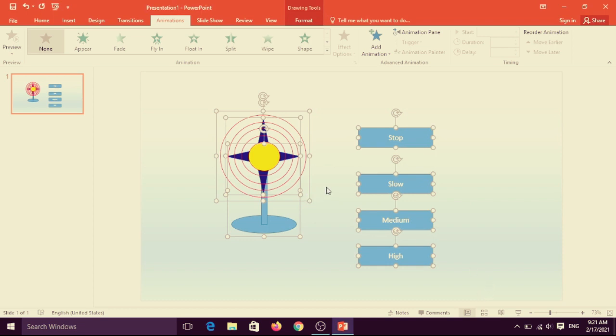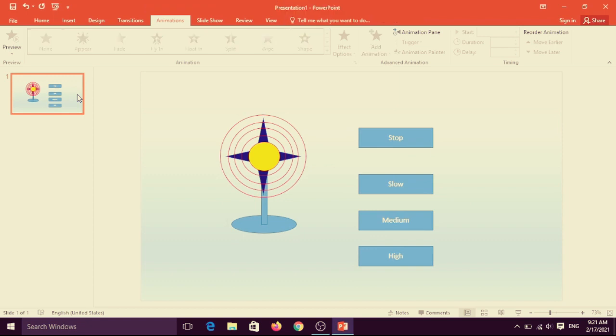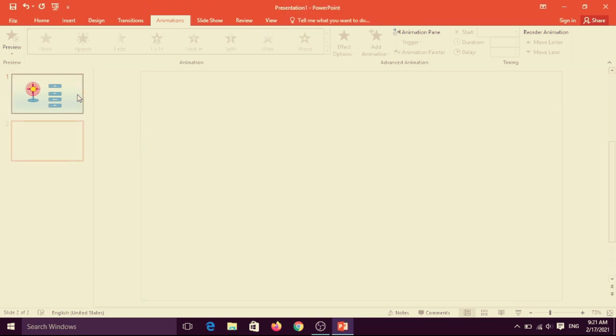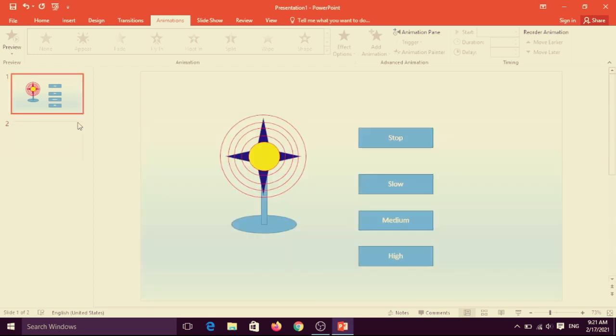Control C to copy, or press Control plus M to make a new slide. If you want the same or a duplicate, press Control D. The same will appear. It is Control D for the same copy, and then give the effect.